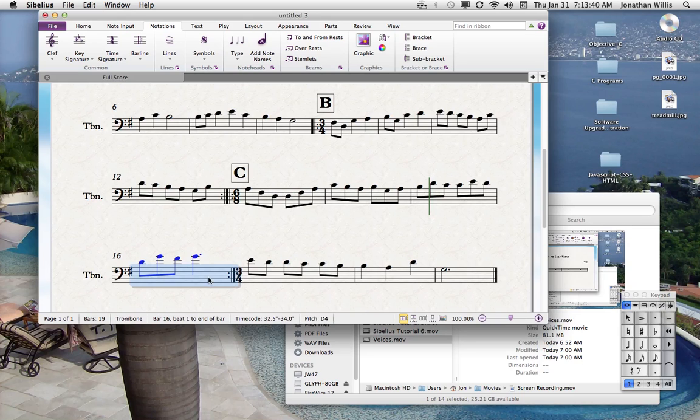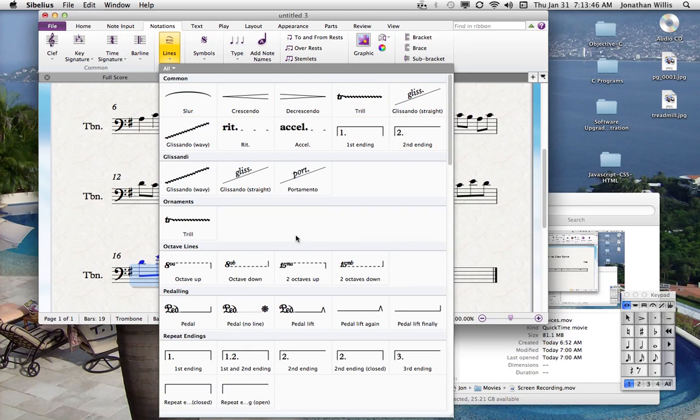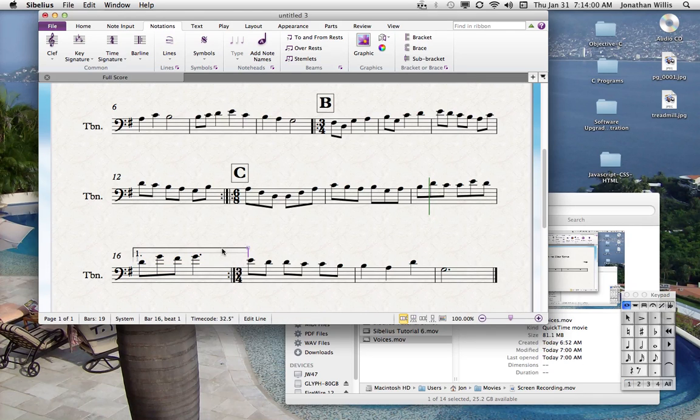But then click on this measure again, and I want you to hit the L tool. Just hit L, and L brings up the line tool, and again, these lines do a lot of incredible things. You can do trills and glissandos and accelerandos, first and second endings, and various pedal points and all that kind of stuff. So what we want to do is click on first ending, and it's going to put in this,